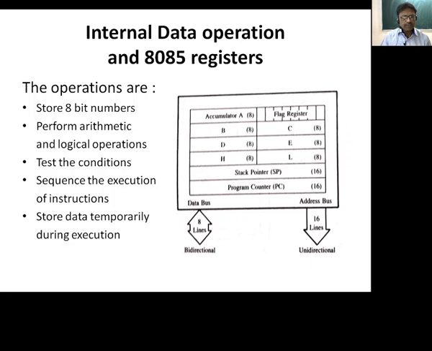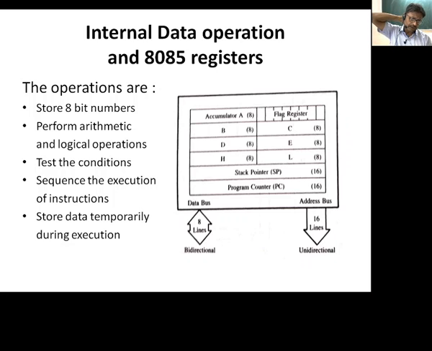The next one is sequencing the execution of the instructions, because instructions are written in sequence in the memory. When the first instruction has been decoded and executed, it is required to execute the next instruction, so there must be a way by which it can sequence the execution of the instructions. And the last one is storing data temporarily during the execution.